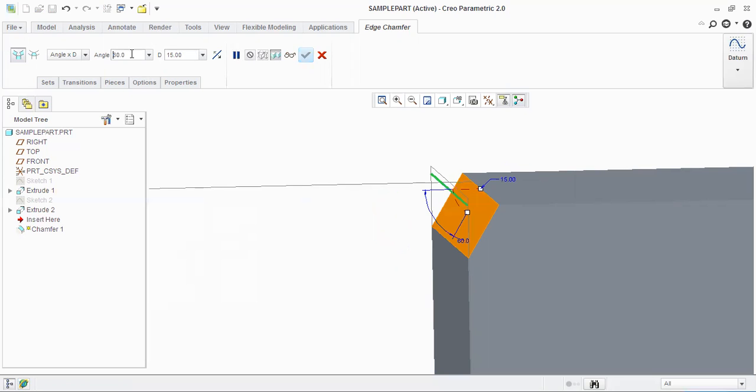Suppose it is 60, then from that horizontal plane the angle will be 60 degrees, and the horizontal distance is 15 mm. And the last one is 45 into d. So most of the time the angle of chamfer is to be kept at 45 degrees. So that's why we use this fourth option,